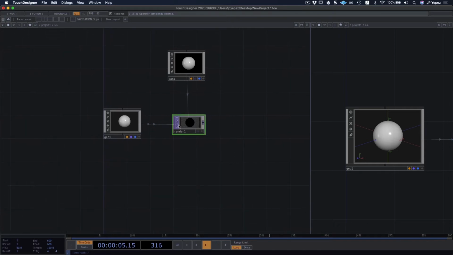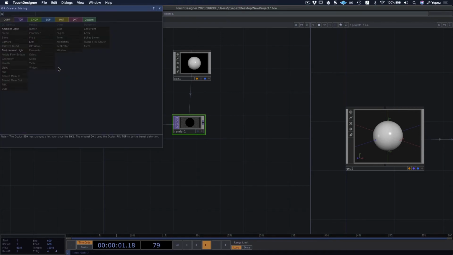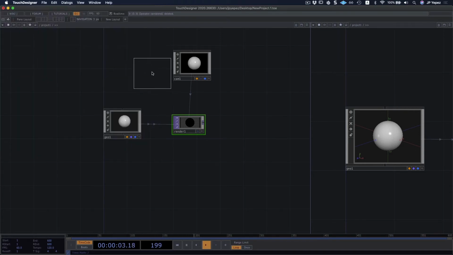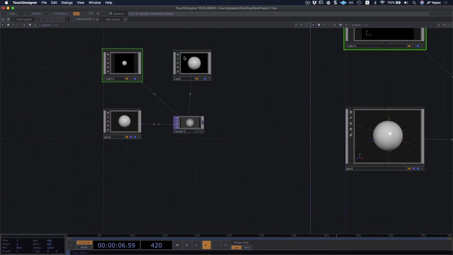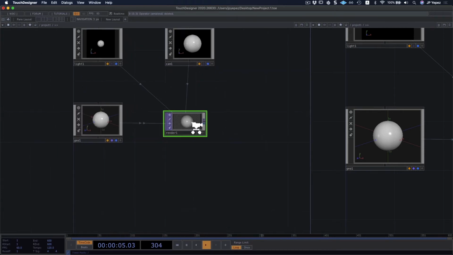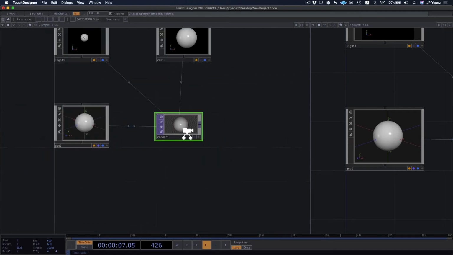And in this case, unless, say, for a few very specific examples, I'm probably going to need a light again. So we have a light, we have a camera, we have geometry, and we have render taking care of everything to make sure I have my scene right here.